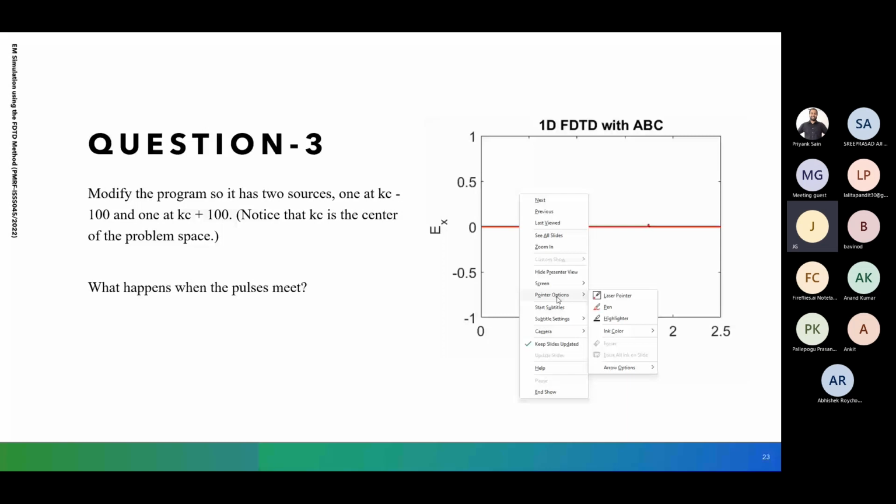I used only one source, and in that one source I just changed Kc to Kc plus 20. In the code which you sent me, I have not modified anything else. I just changed Kc to Kc plus 20, and my amplitude was going much beyond the upper limit, and also there was just one pulse. In the same code, when I made it Kc plus 50, the amplitude was within the range, but there were multiple waves propagating. So if you have time, maybe you can change it in the MATLAB code and see. Okay, so we'll look at this